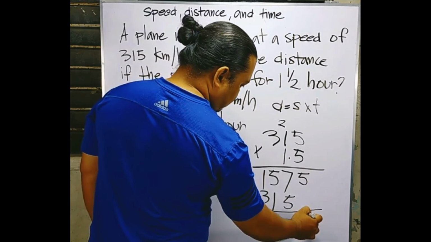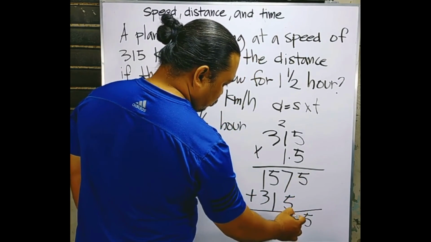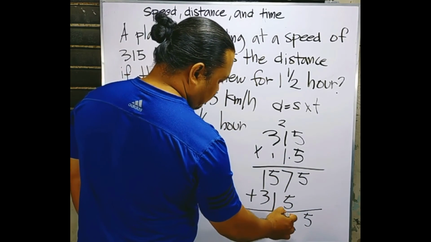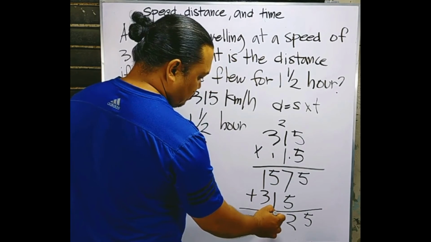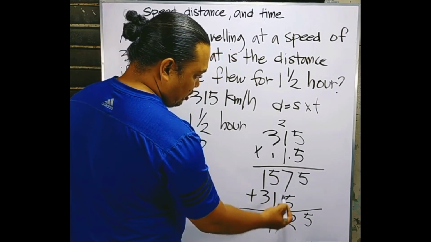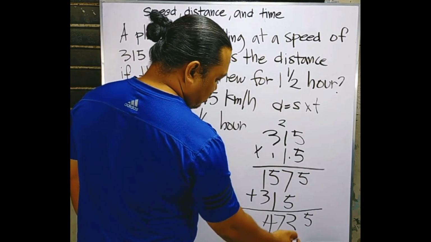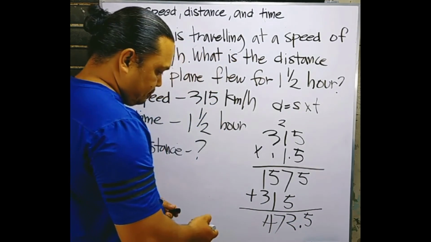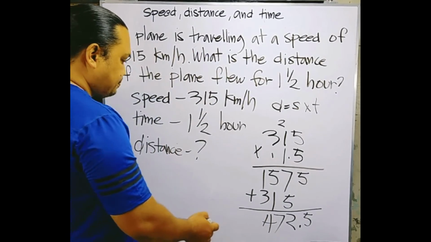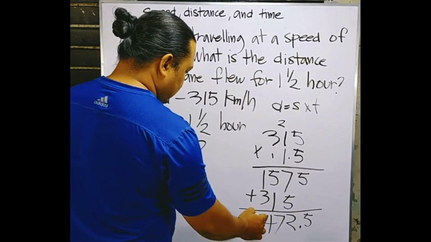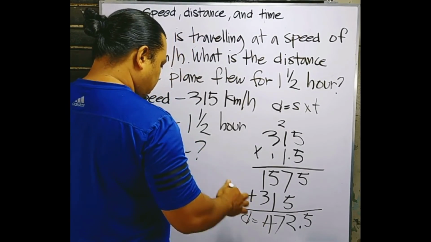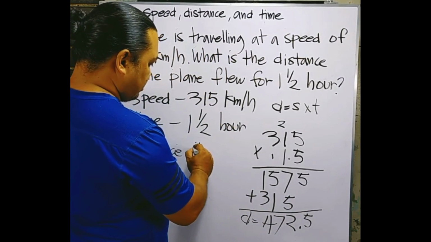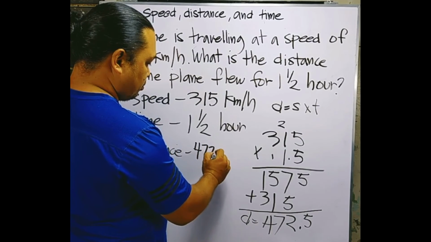Okay, so 5. 7 plus 5 is 12. 2, carry 1. 1 plus 5, that's 6... and 1 plus 3 is 4. And for our decimal point, we have here 1 digit. So it goes between 2 and 5. This will be our distance. Okay, that will be 472.5